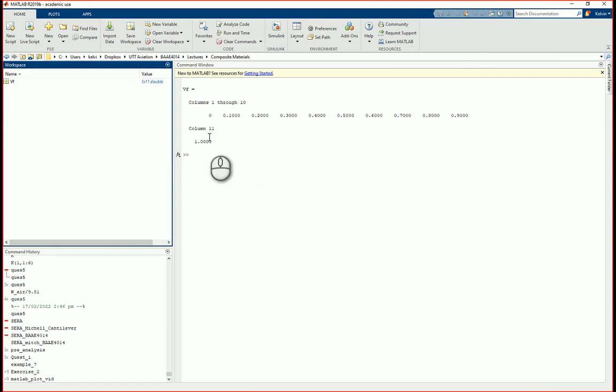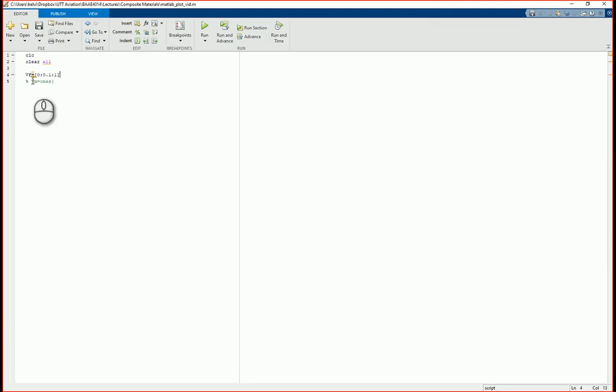We need to create an array of ones similar to this dimension. So when we say 1 minus Vf, it will subtract 0 from 1, then 0.1 from 1, 0.2 from 1, etc. So what we do here now is we have one row,